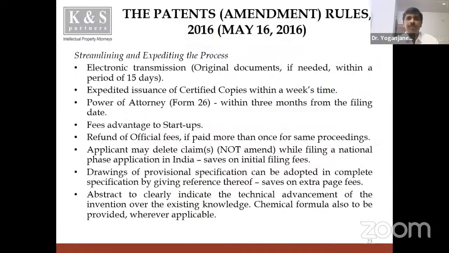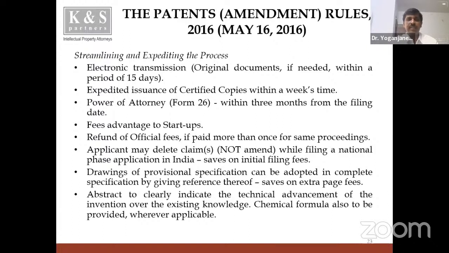Okay, so filing can be done through electronic transmission, or by original document if needed, which can be sent within a period of 15 days. Expedited issue of certified copies can be obtained within a week's time. Power of attorney needs to be filed within 3 months from the filing date. There will be a fees advantage to startups, as I mentioned earlier, for startups and individuals,